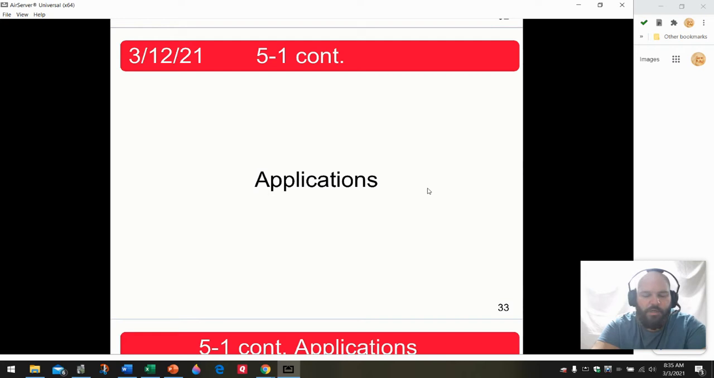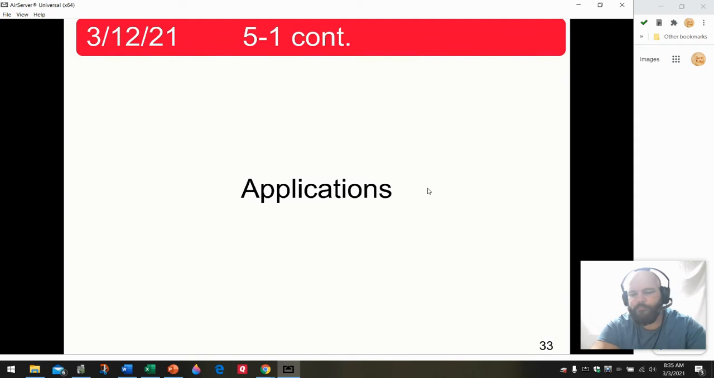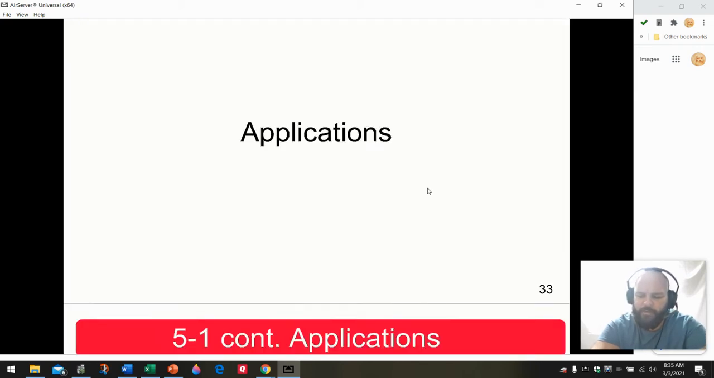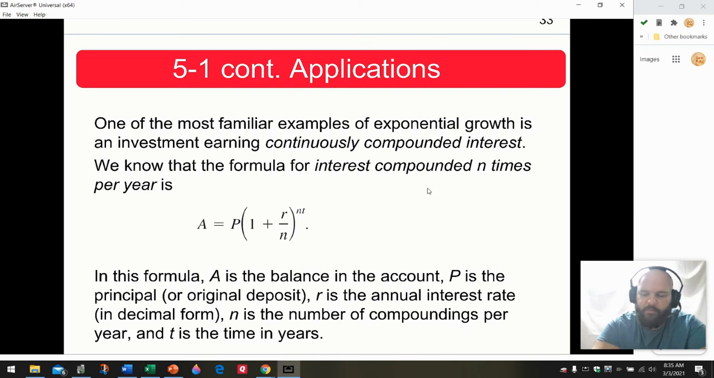And this is kind of where we're going to be transitioning into your student loan information, which is going to be utilizing our knowledge of exponential growth to do some calculating about loans. And so it says one of the most familiar examples of exponential growth is an investment earning continuously compounded interest. We know that the formula for interest compounded n times per year is, and then they proceed to give you